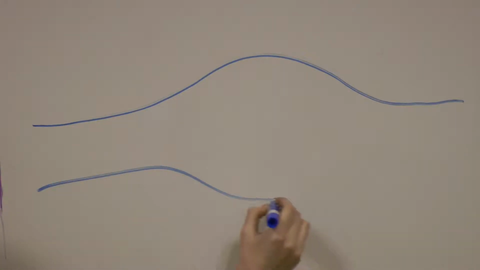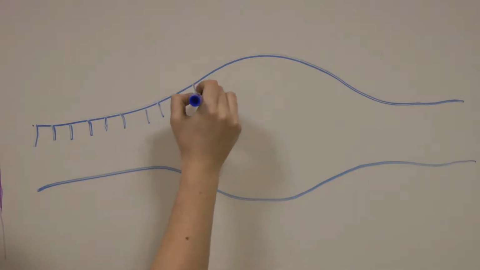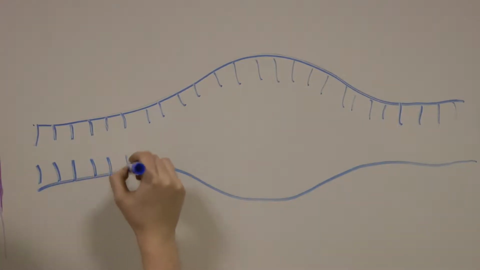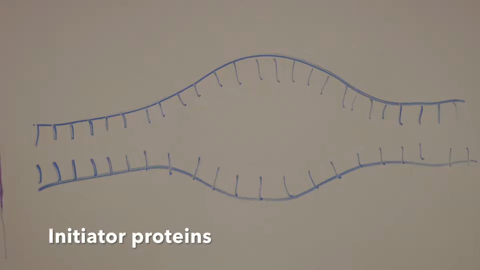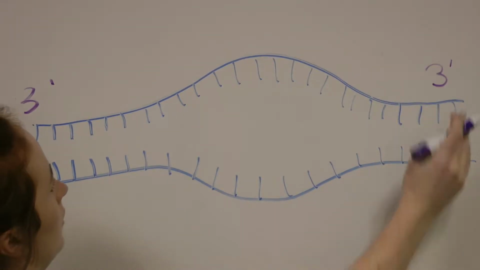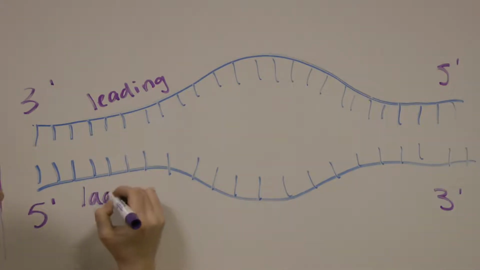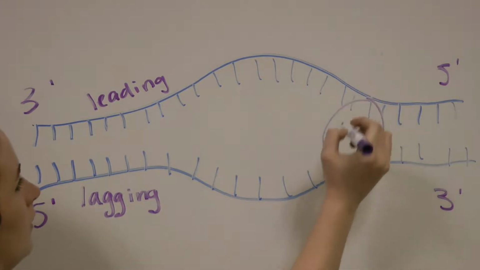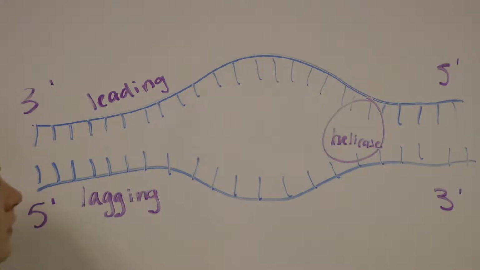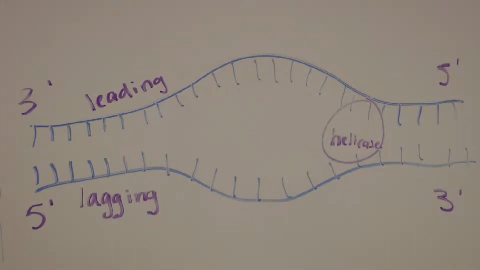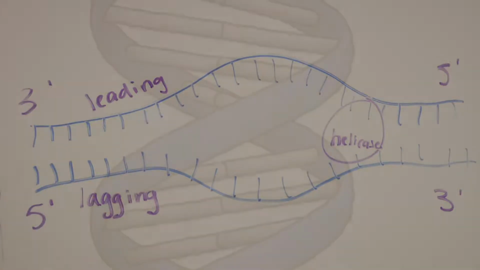Let's go into further detail about each of the enzymes involved in DNA replication. DNA replication begins with initiator proteins. These are proteins that recognize the specific DNA sequence within the origin of replication. DNA helicase is the protein responsible for unwinding the parental DNA double helix into two single strands by breaking the hydrogen bonds between the base pairs. Hydrogen bonds are the intermolecular forces that link the base pairs of the DNA molecule to form the double helix